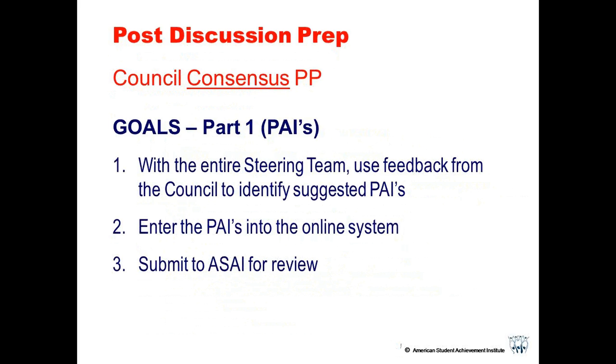As a steering team, you'll discuss what you want your PAIs to be, and then you'll enter those into the online system. And remember, the Department of Education is suggesting that you have just 2, maybe 3 of those, but no more. So you're entering the broad PAIs into the online system, and then